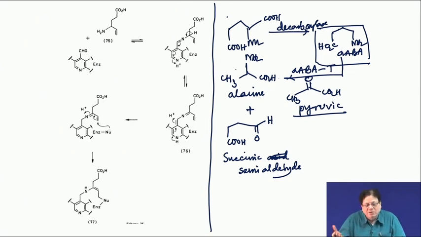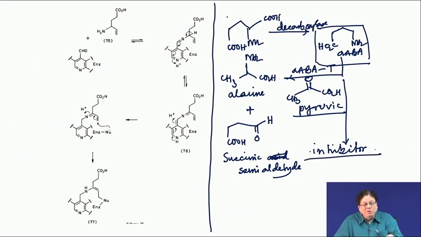Similarly, glutamic acid is like that. Glutamic acid is a part of your protein amino acid. So, that will also be mostly consumed in making the protein. So, that part will not work. What can work is this GABA transaminase, if you can form an inhibitor. So, the treatment is basically finding an inhibitor of GABA transaminase. Okay. So, now you see your earlier knowledge about biochemistry is becoming relevant in understanding the medicinal chemistry, the genesis of different drugs and the strategies that you have to adopt to make those.